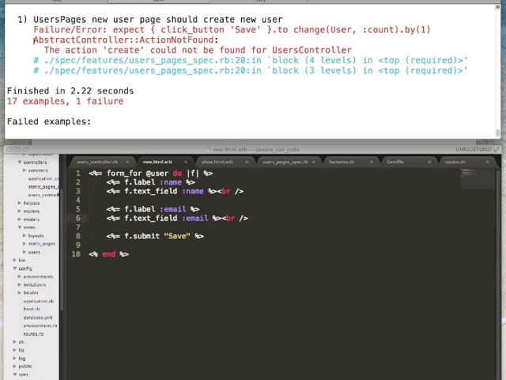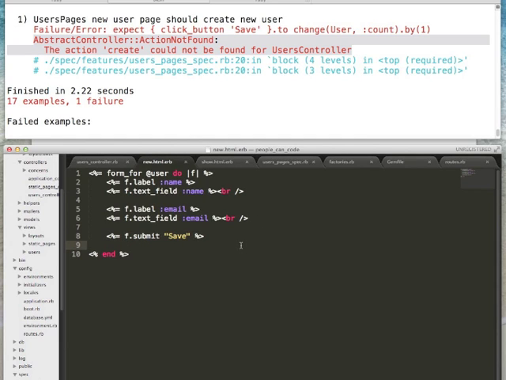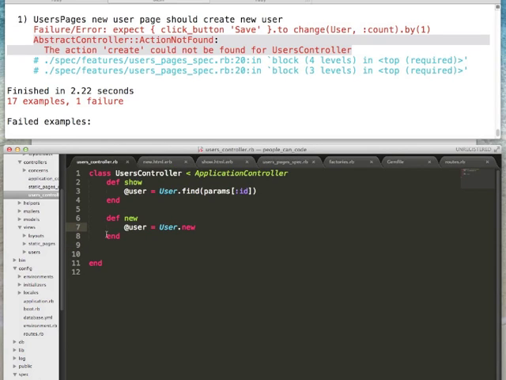Okay, so now it says there is no action create in the controller, because when we submit this form, it will try to go automatically to the create action in controller. So let's create this function, or action, sorry. Create. Okay, let's say that, and let's